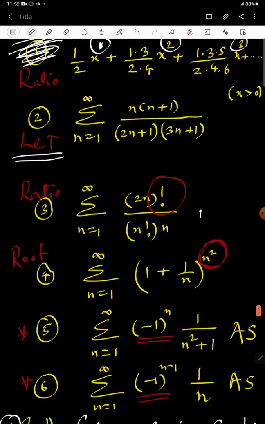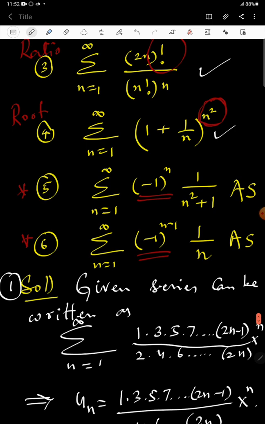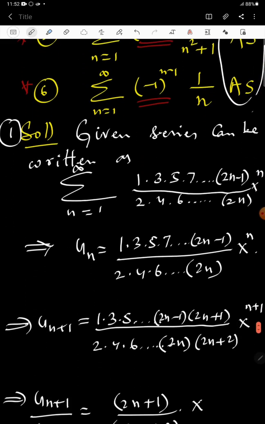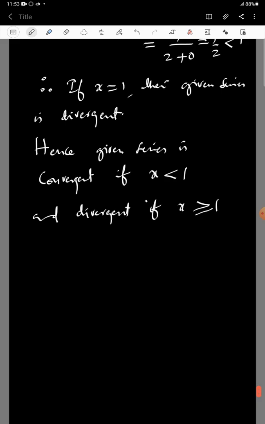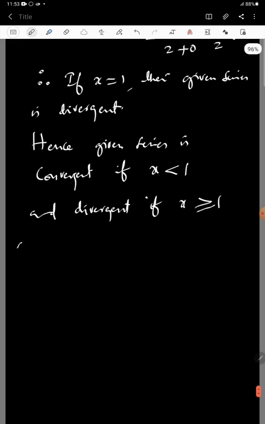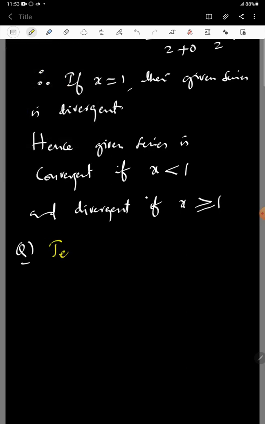Coming to the third, it is the ratio test. It is the root test. Now we will deal with the alternating series. We will deal with the fifth one and the sixth one. So now I copy the question. Fifth one, sigma. Question: test the convergence